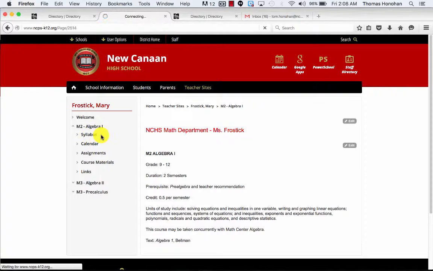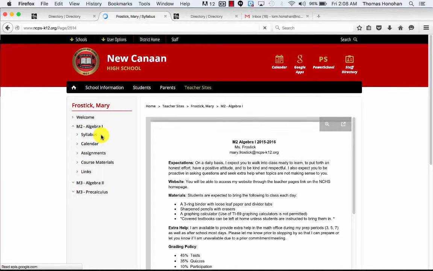The syllabus is a document viewer app that you can use to upload any PDF or document that has course expectations, grading policies, etc. So you can just insert that into your website.